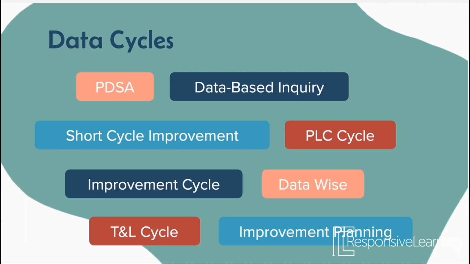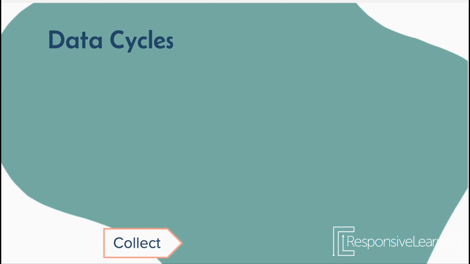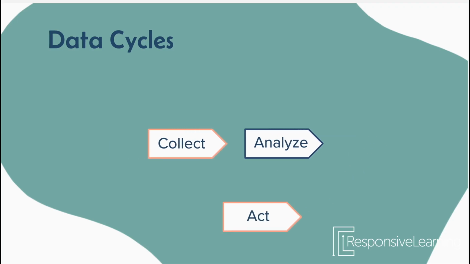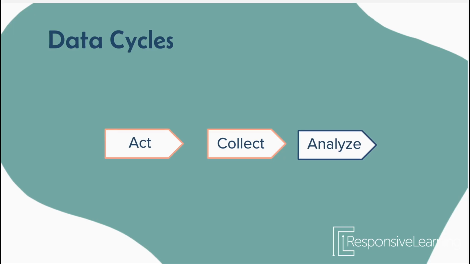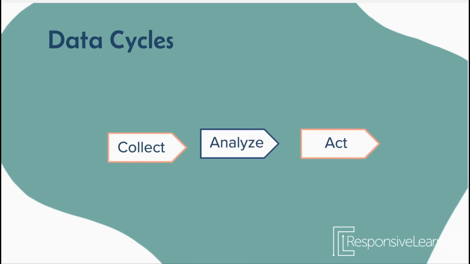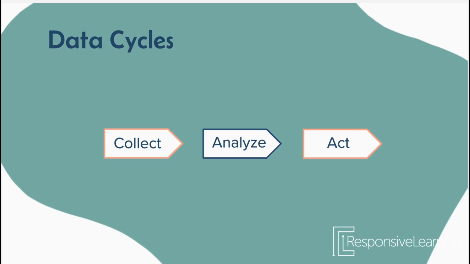So if we're thinking about that data cycle, in most cases, you could pretty much take all those different cycles that we talked about and look at them with three main steps. You have the collect step, the analyze step, and then the act step. Some of them start at different points. So there are times when you are collecting first, there are times when you are acting first, but remember that it's cyclical. So no matter what, we are going around in that cycle over and over again and trying to make sure that we are making decisions that are best for our students.